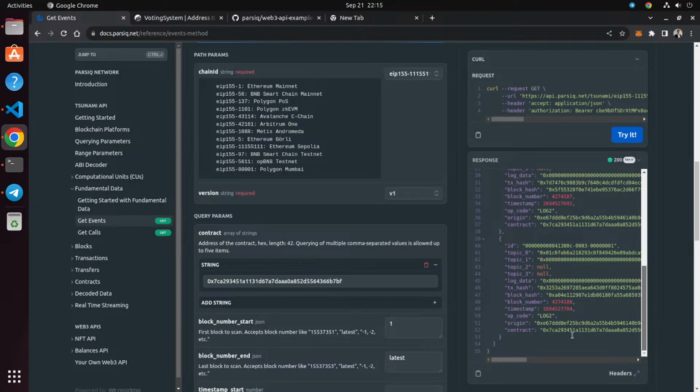We got all the necessary information about the events that we might need, which is topics, also block hash, also transaction hash, and all the other stuff, the origin, the contract, and all the other stuff. So using this endpoint, we will be able to get the data about all the add candidate and all the vote events that we need, and we can store it on our end, and we can do whatever we want with that. For instance, we can calculate the vote count using some kind of Python script, because we have all